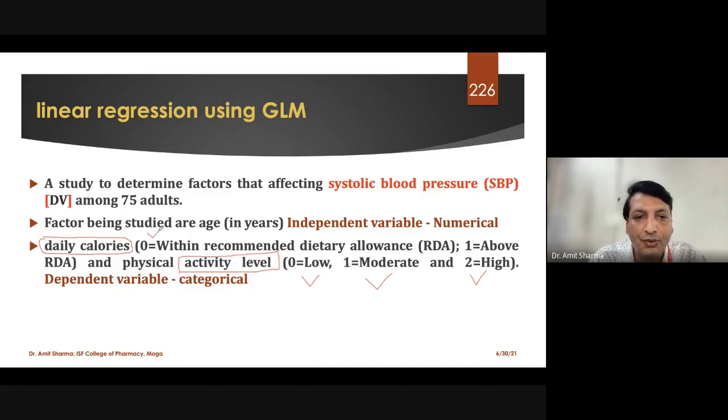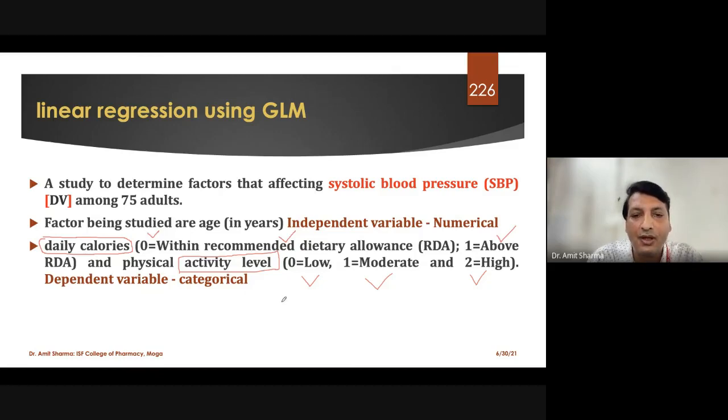Code 0 belongs to the recommended dietary allowance, RDA. That means the patient is taking calories according to whatever diet plan the physician has given. Or if the patient is consuming extra calories, we call that above RDA.